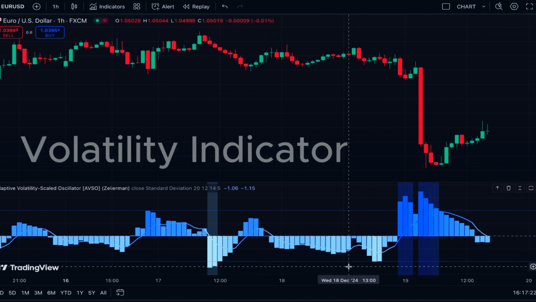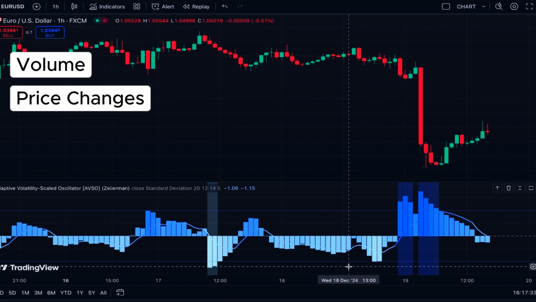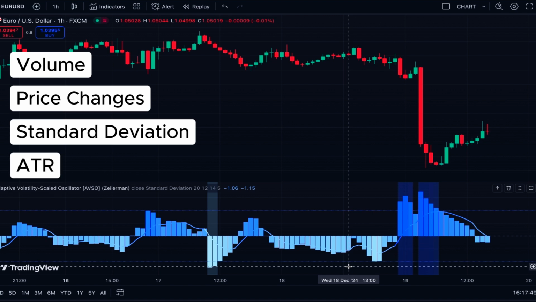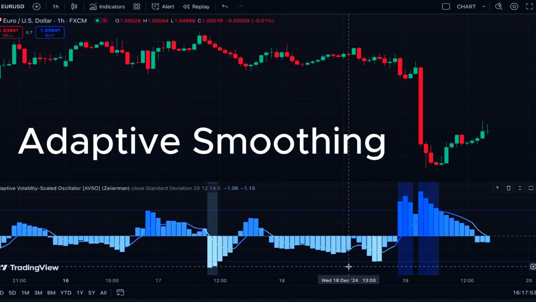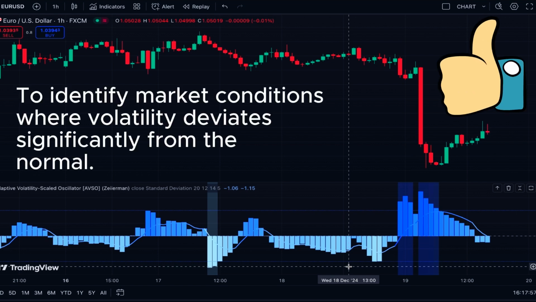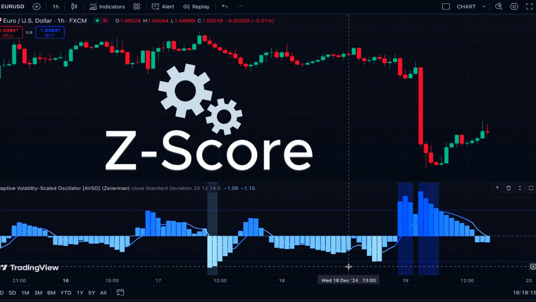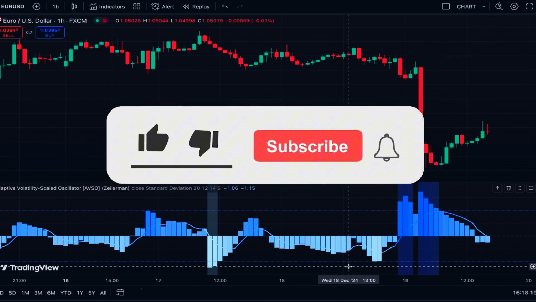This indicator is a volatility indicator, but not an ordinary volatility indicator that you know, by scaling different metrics from volume, price changes, standard deviation, ATR, and Yang volatility, and also applying an adaptive smoothing method. It helps you to identify market conditions where volatility is significantly high or low from normal. It uses the Z-score technique to standardize the scalings, so it will be able to show significant high or low volatility